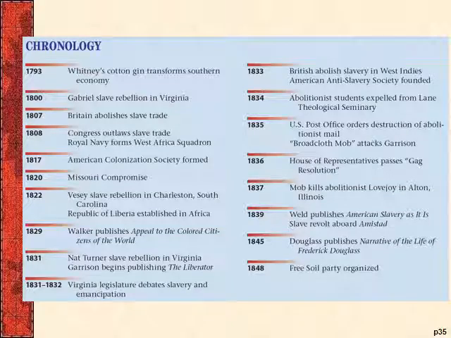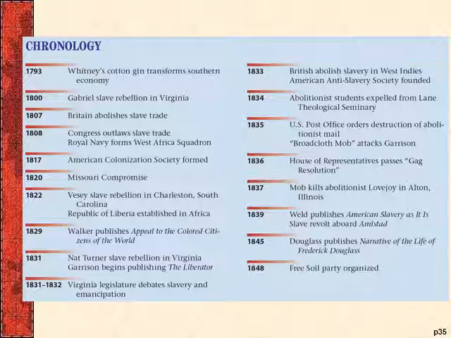Here's just our final chronology slide. We're finally done with, I think I just broke the record for the longest lecture I've ever had, over an hour. I hope you've popped a few Gatorades and enjoyed it with me. We got the Cotton Gin, 1793. We got the American Colonization Society, formed 1817. Missouri Compromise, 1820. We got the Vesey Slave Rebellion,